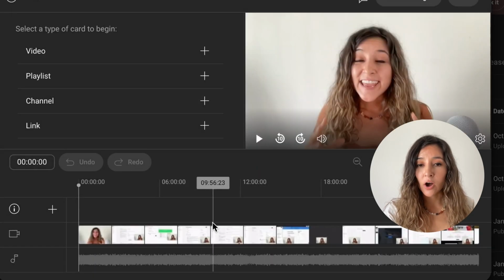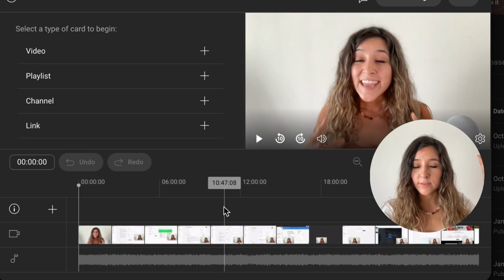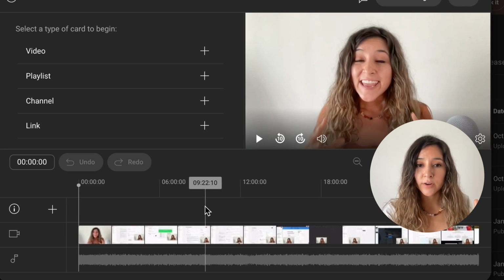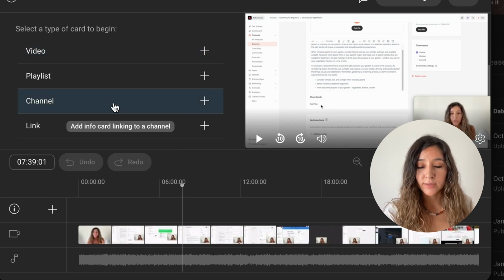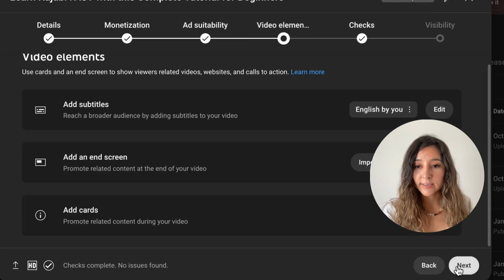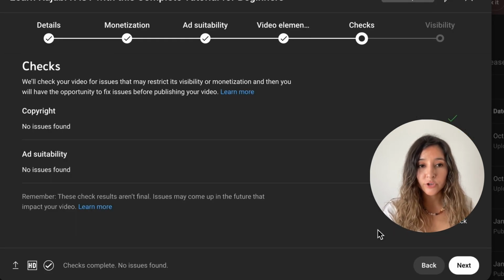You can also add cards. So this is when you reference a video and something appears right here. In this example, I'll put an example of a card so you could see. You can actually click on that card and it'll take you to another video or a playlist or a channel or a link that you have. Let's say I choose a video card, then I can choose one of the videos in my content library, and that will appear towards the top corner of the video. So afterwards, you want to click save on that, click on next,